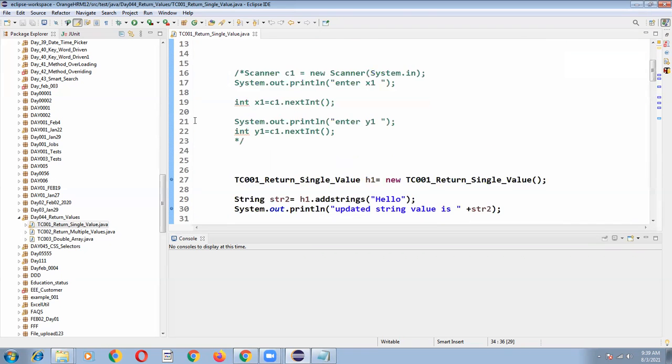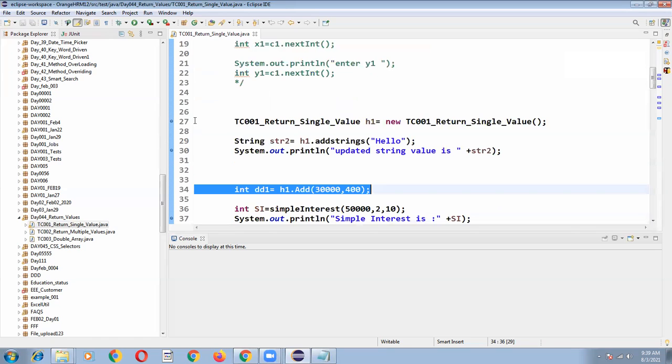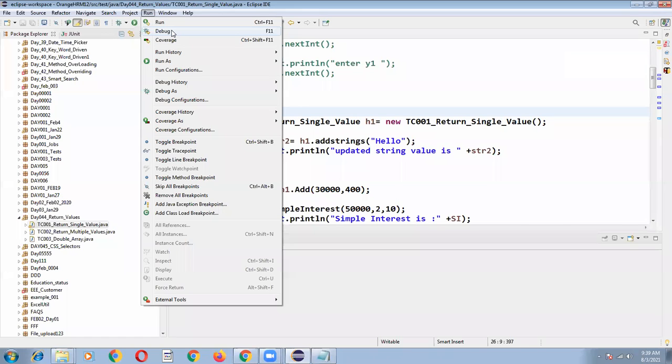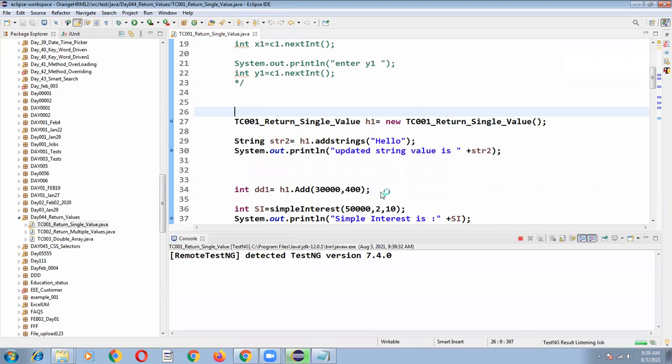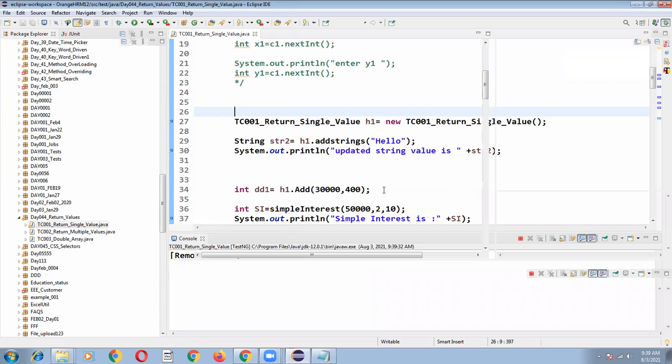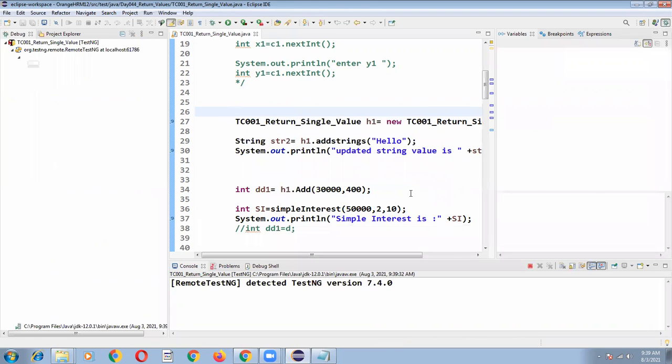Previously, the program was executing all the lines, and your script was executing fully. Now you want to know how to execute your program line by line. So let's run the program in debug mode. Run and click on debug mode here, F11. The perspective and everything will be changed after clicking on proceed. The look and feel of the debug mode will start. It is going to change to the debug perspective when it suspends, so I'm clicking on switch. Like this, your script will be started in debug mode.